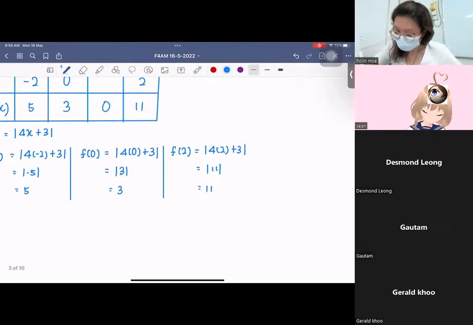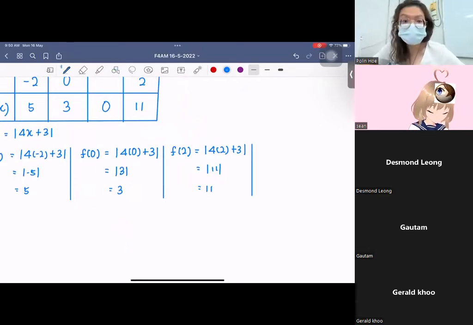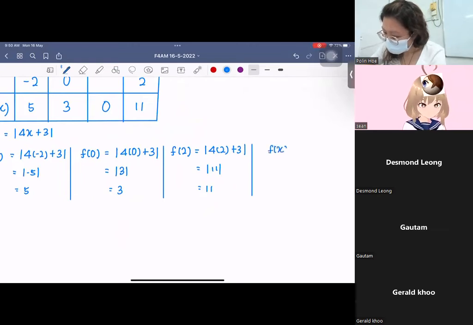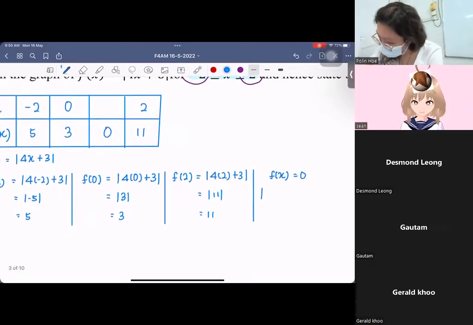And lastly, when f(x) is equal to 0, 4x plus 3